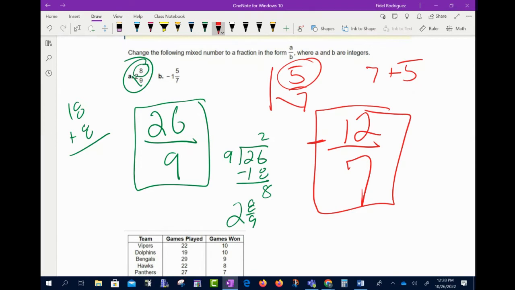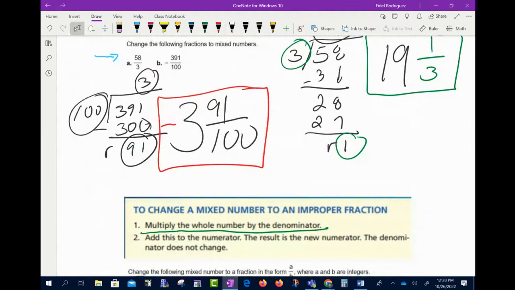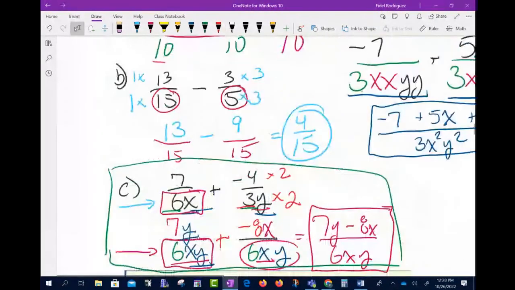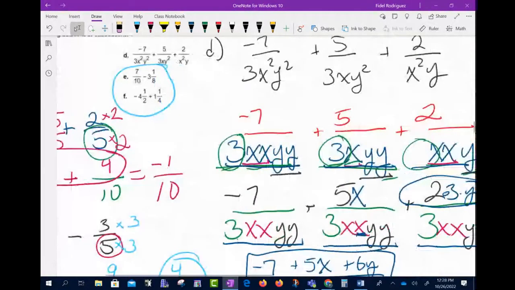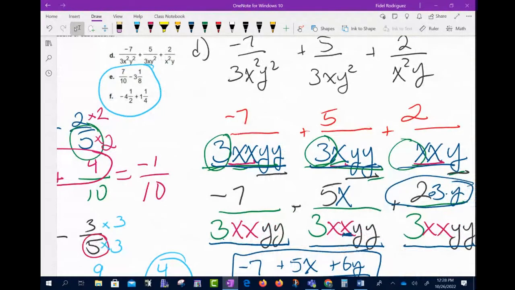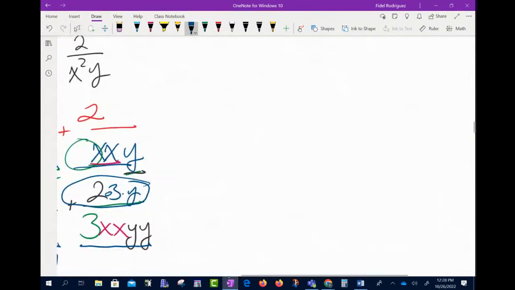So these two problems, like the second and the third problem we did, y'all, we're just kind of going back and forth, okay? Now, the reason I wanted to do those two problems first is in order for me to come back and do parts E and F. If I look at parts E and F, if you notice, we have mixed numbers, right? So again, there's a couple of ways I can go about doing this, y'all. So let me do part E. It's 7/10 minus 3 1/8, okay? So part E,